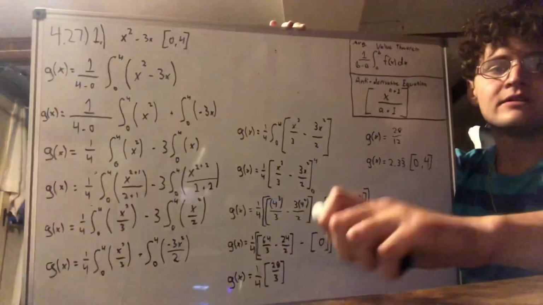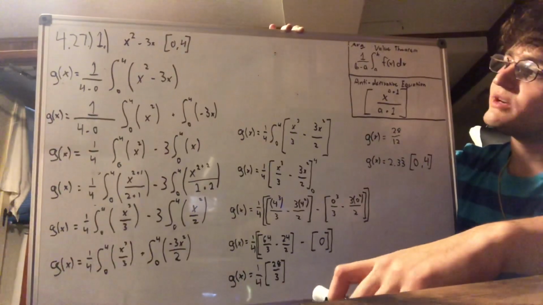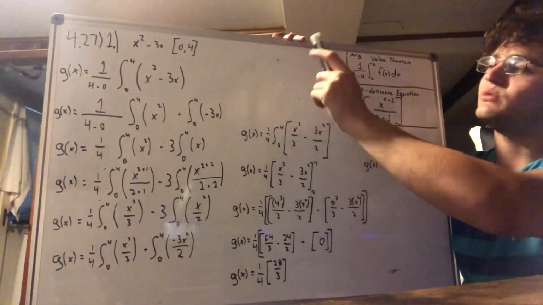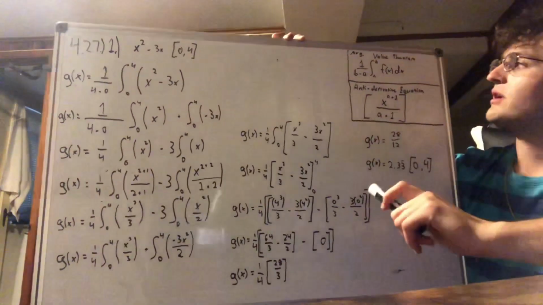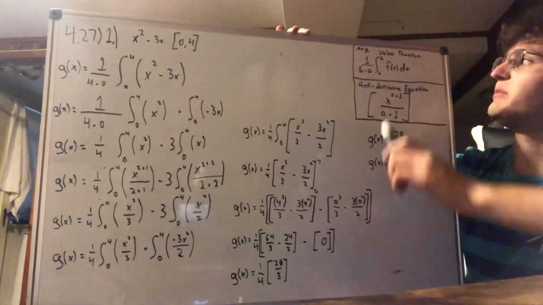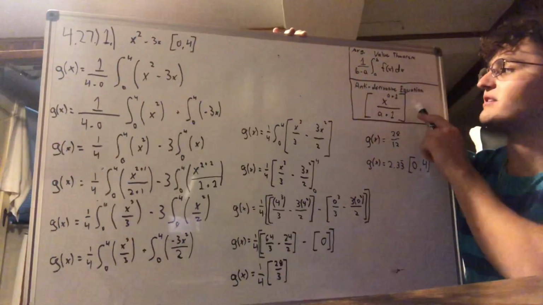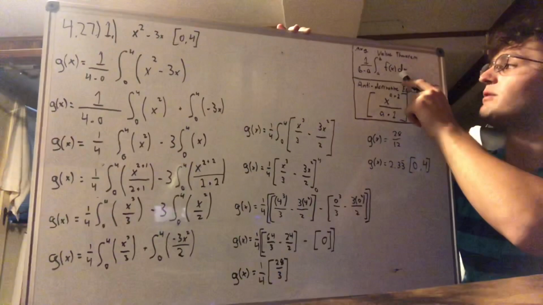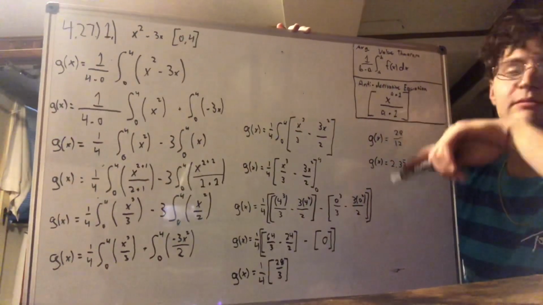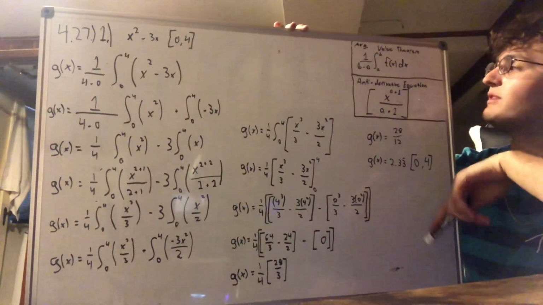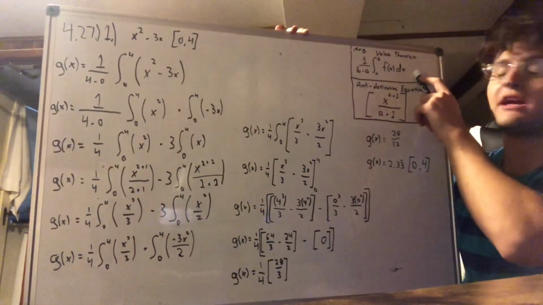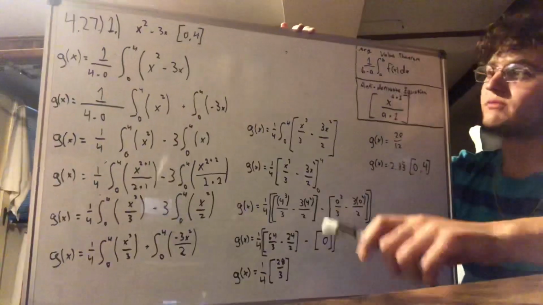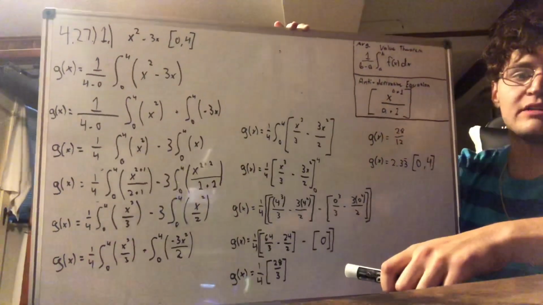So problem 4.27, number 1, our given is x squared minus 3x with interval 0, 4. So for this problem, we're going to be using the average value theorem and the antiderivative equation. Just like 4.25, the average value theorem is very similar to the mean value theorem. The only difference is instead of having f of c times b minus a over here, we now have 1 divided by b minus a in front,